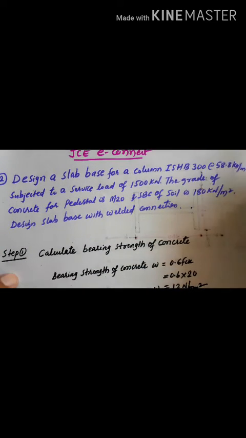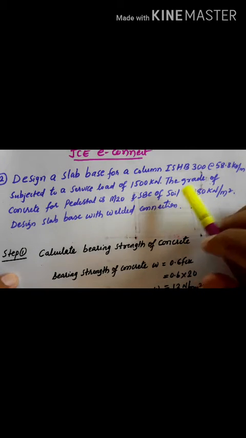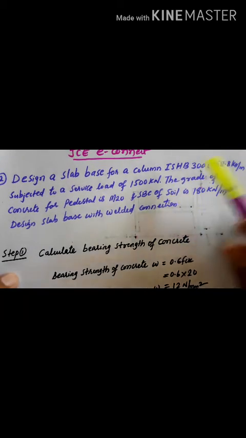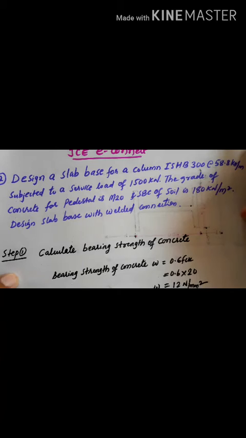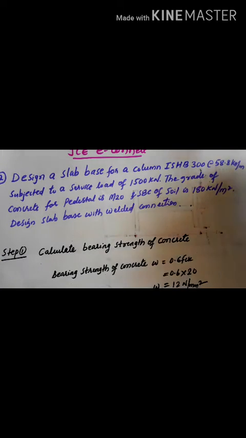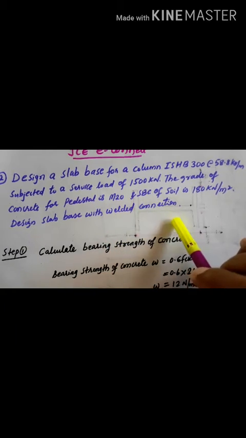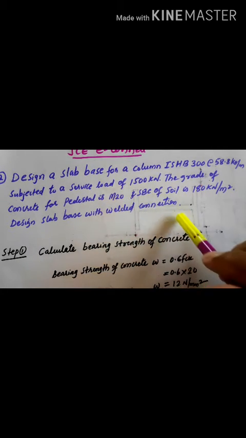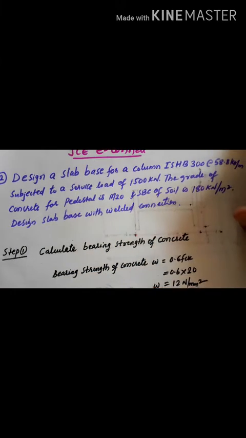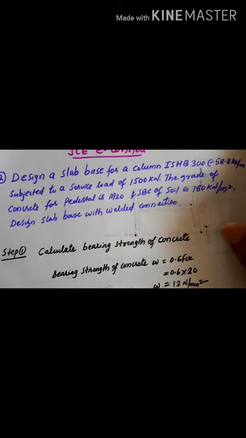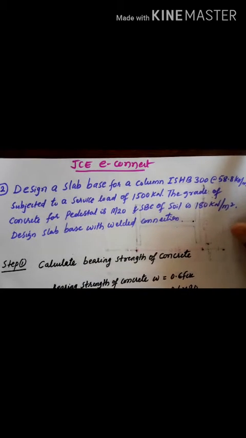In this particular lecture, I will be taking one more example on simple slab base plate for a column. That is a design example. In the previous class also, I have taken one design example and solved it. So in this lecture also I am taking one more design problem, and I have taken this design problem from the university exam question papers, and this type of problem generally will be asked for 15 to 20 marks,